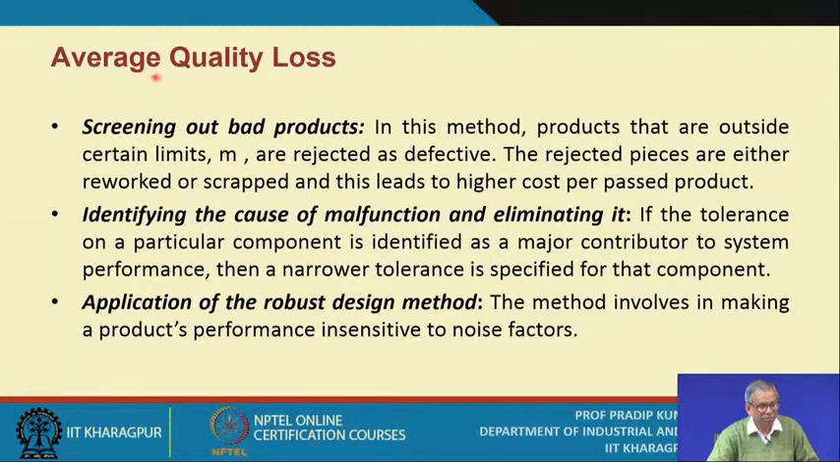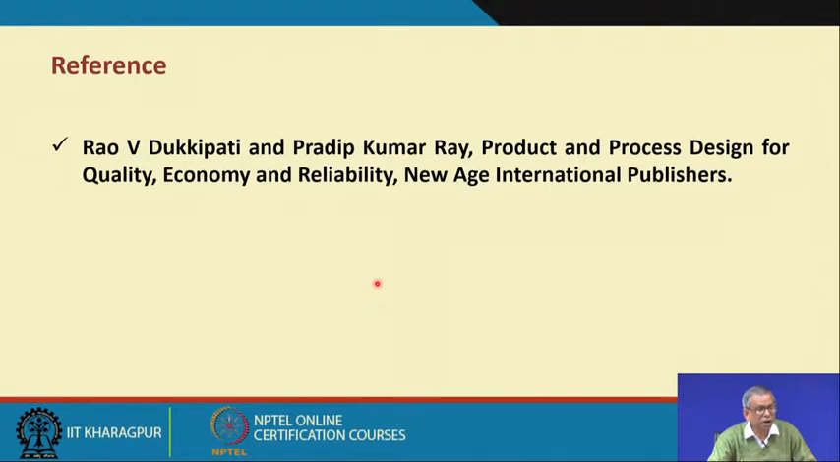For average quality loss, you have to screen out the bad products, identify the cause of malfunction and eliminate it, and apply the robust design method. The method involves making a product's performance insensitive to noise factors. These are the actions you have to take, and once you are aware of these actions or corrective measures,